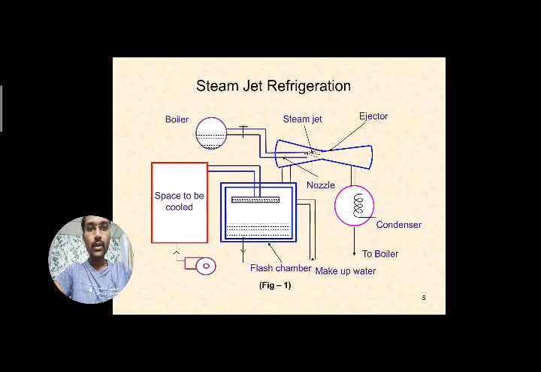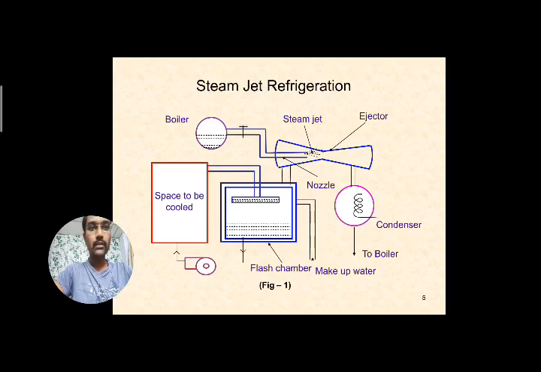Okay, and again the same water is collected in the flash chamber. Due to the continuous evaporation taking place, the water quantity is reduced, so we have to add makeup water into the flash chamber every time. This is one thing. And next, at the exit of the ejector, if you observe, the high velocity